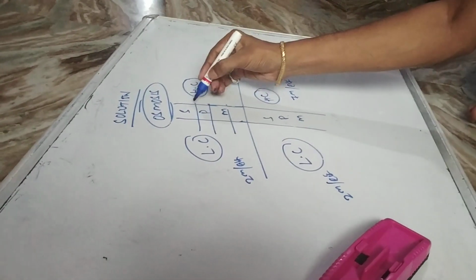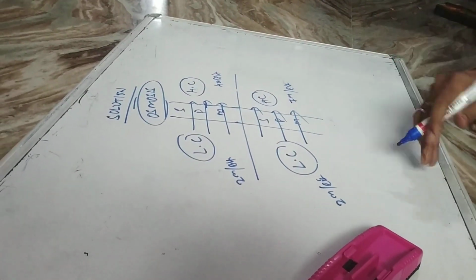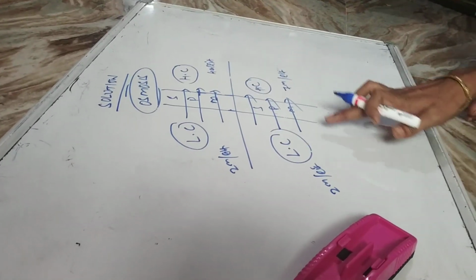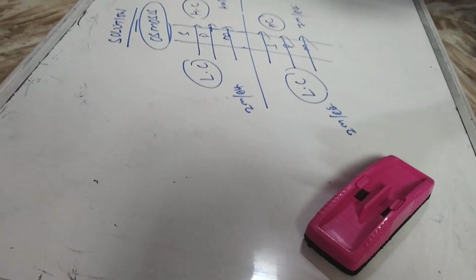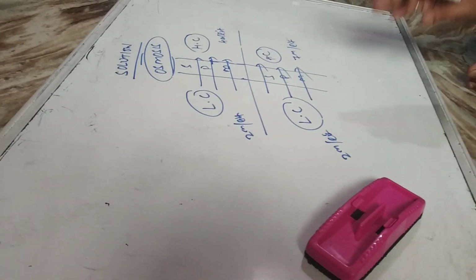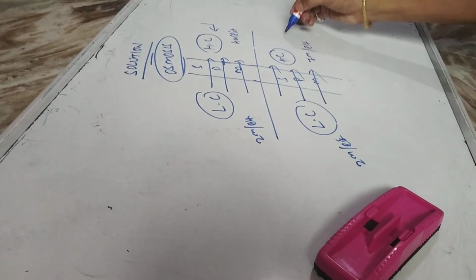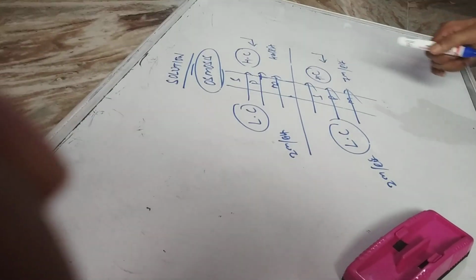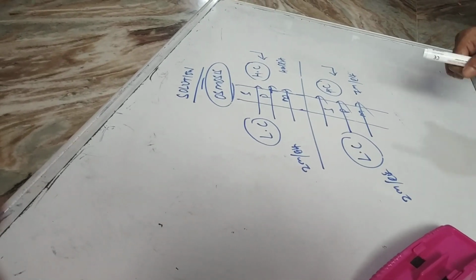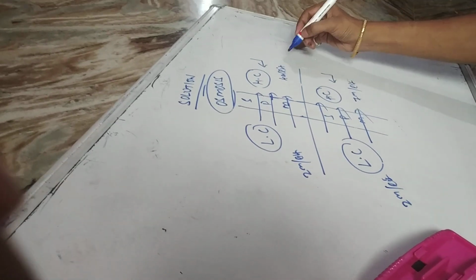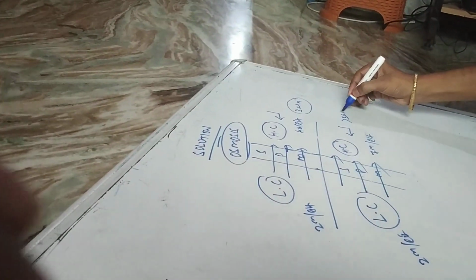In both cases, in the spontaneous process, lower concentration moves to the higher concentration side. But here, as the concentration difference is more, this flow rate is more in comparison to this flow rate. And for that reason, if I want to check the flow of osmosis, then I want to apply pressure here, I want to apply the pressure here. But the pressure applied here should be more than the pressure applied here, because here the flow rate is more. So if I am applying here 3 atm pressure, it requires more than 3 atm to stop the osmosis.